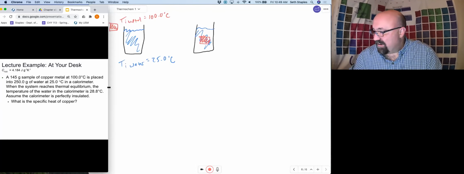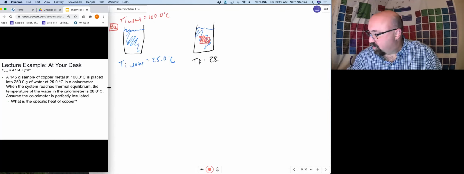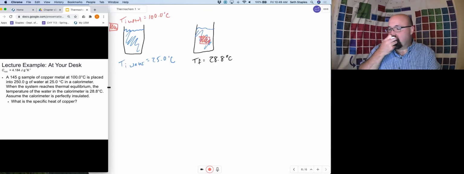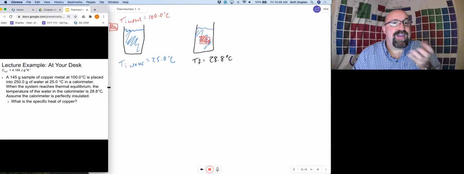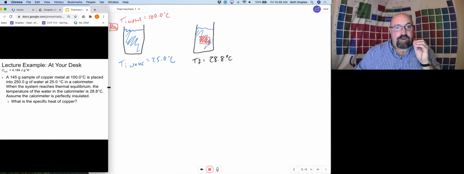And we have a final temperature of that system of 28.8 degrees C. And so keeping in mind that that has to be the final temperature of both the metal and the water because we've reached a thermal equilibrium. And so if we keep in mind our direction of energy flow, energy had to have been lost by the metal, and so we have a Q